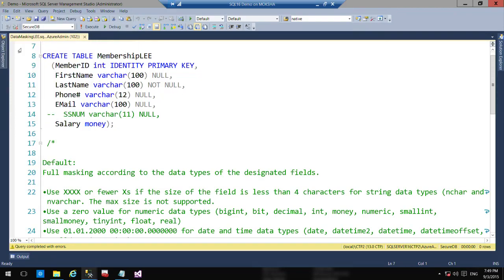Can you do these granting and not granting masks via a role? You should be able to, by a group at least, because you're granting that to a user by security. I haven't tried that. But certainly the mask is on the field in the table, and then the unmask is against a login. So